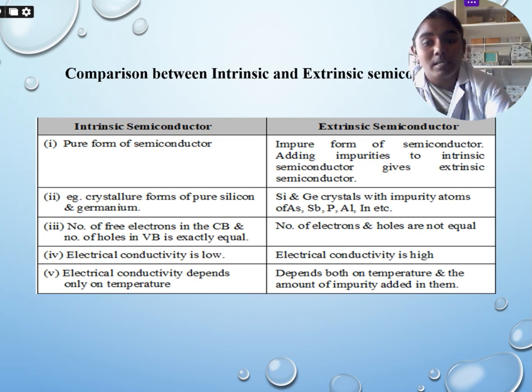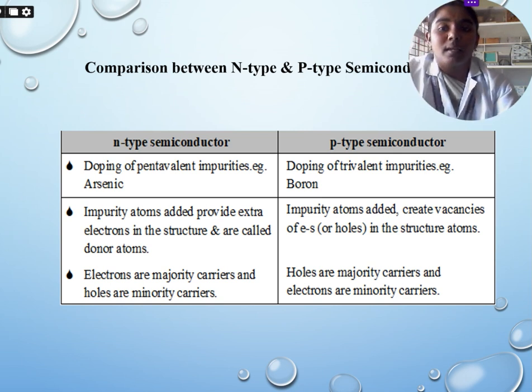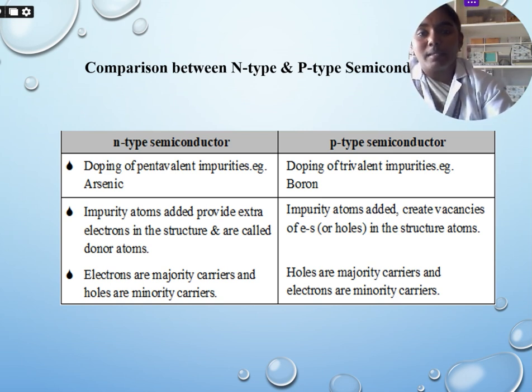In intrinsic, the number of free electrons in the conduction band and the number of holes in the valence band are exactly equal, but here it is unequal. Electrical conductivity is low in intrinsic, here electrical conductivity is high. Intrinsic depends only on the temperature, but extrinsic depends on both the temperature and the impurity added to it. That is the main difference between intrinsic and extrinsic. Okay. Next, comparison between N-type and